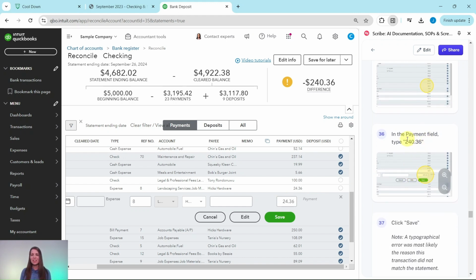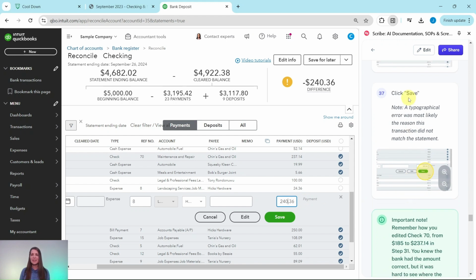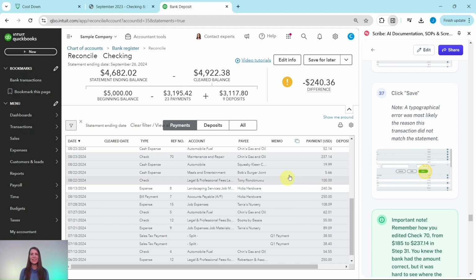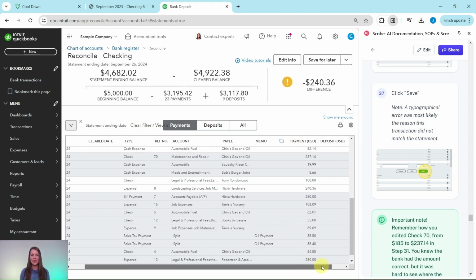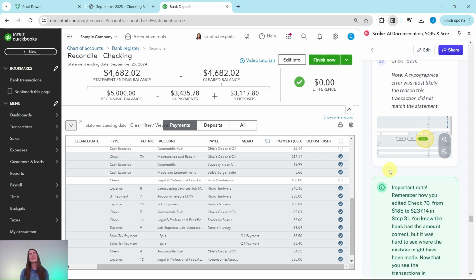In the payment field, let's adjust this to $240.36. Go ahead and type that in. And then we're going to click on Save. Now, a typographical error was most likely the reason this transaction did not match the statement, as I just said. So let's go ahead and click on Save. And you will notice here that, oh, I got to click on the circle next to it. Click on the circle. You'll notice now that the difference is 0, which means everything that is on the bank statement is now matching